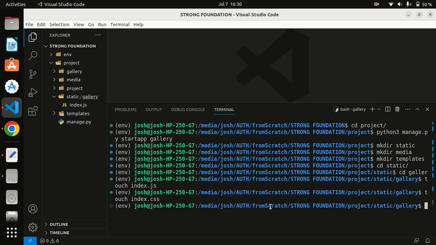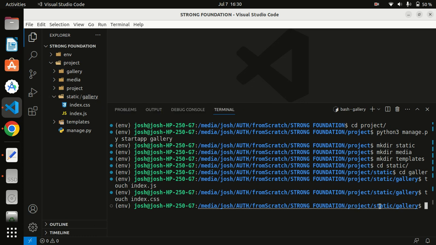So I have a folder called static where our static files reside, but they must be inside an app's name, because we might be having many apps. For example, you are creating maybe a PDF to Word document application, or any other application that you wish to create. So that's why I created again another gallery folder inside static,